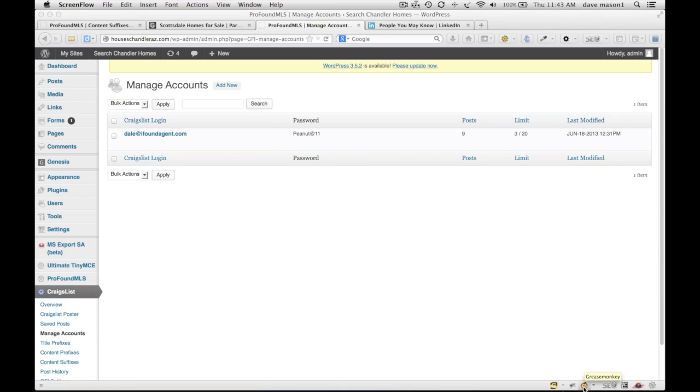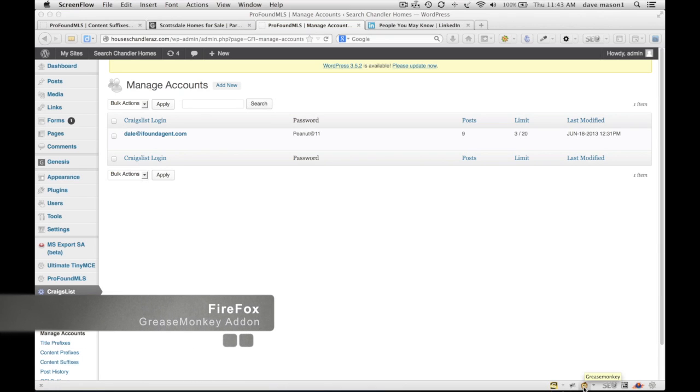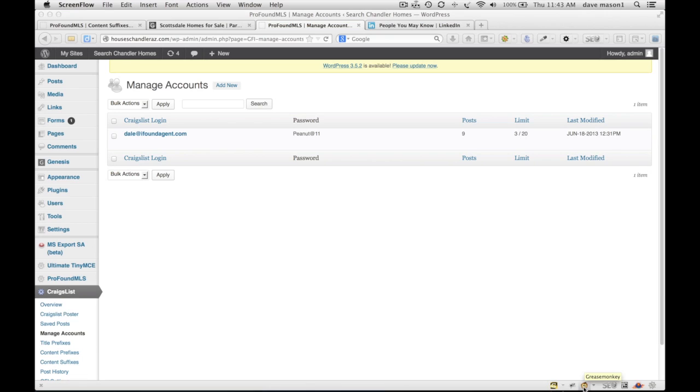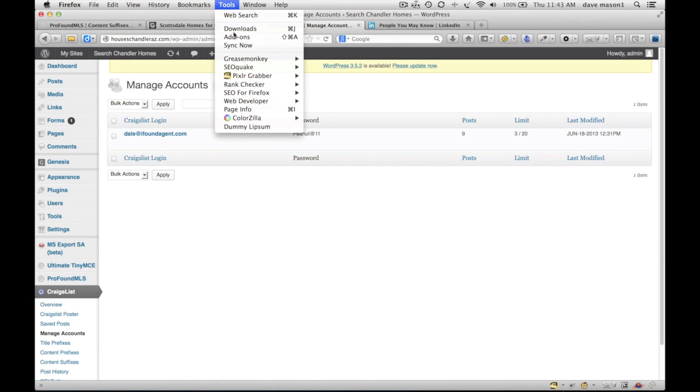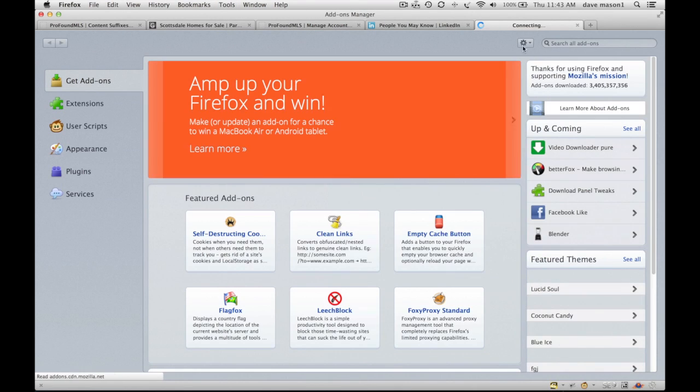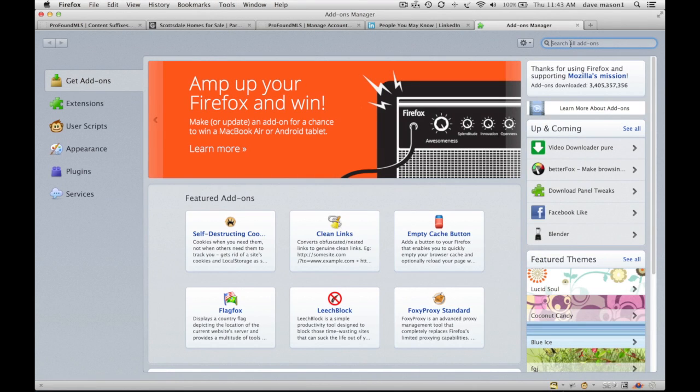It's called Greasemonkey. Greasemonkey is just a computer script that makes everything communicate with each other, and that's all you need to know, because basically if you don't have it, it's not going to work. So if you don't have Greasemonkey, which you probably don't, what you need to do is go into Firefox, go to Tools, go down to Add-ons. You want to search for Greasemonkey,